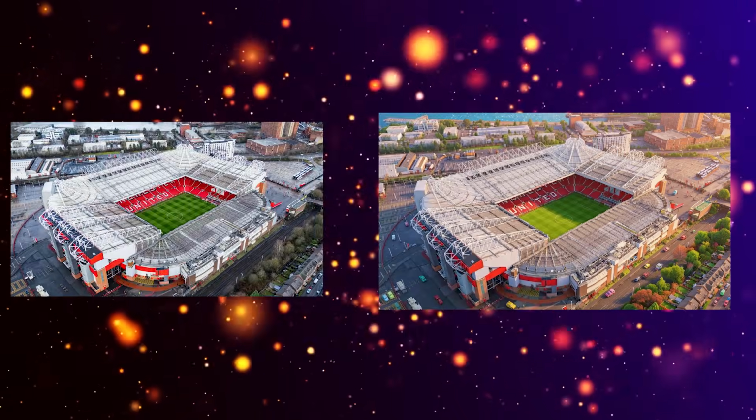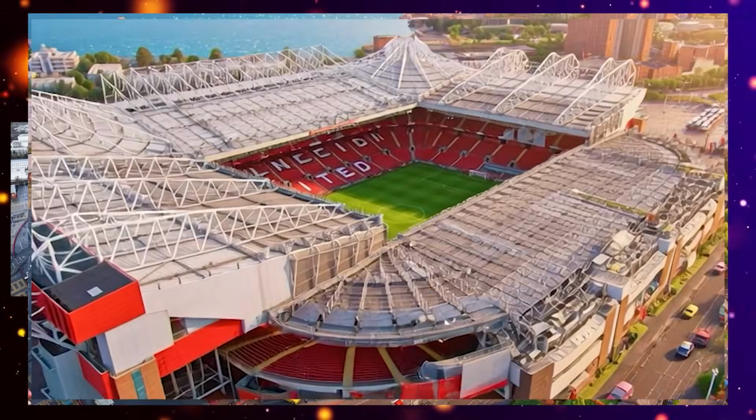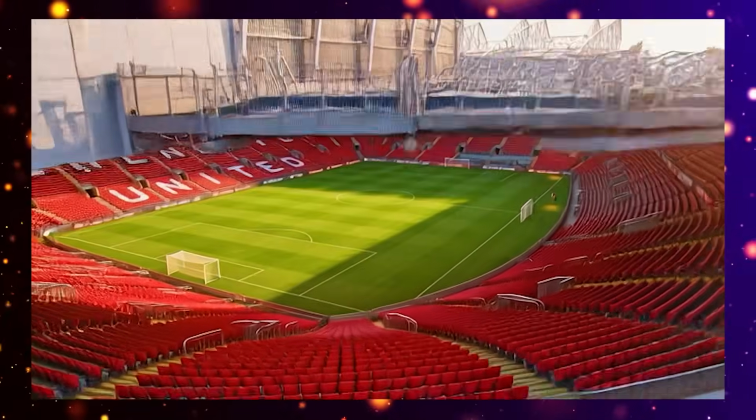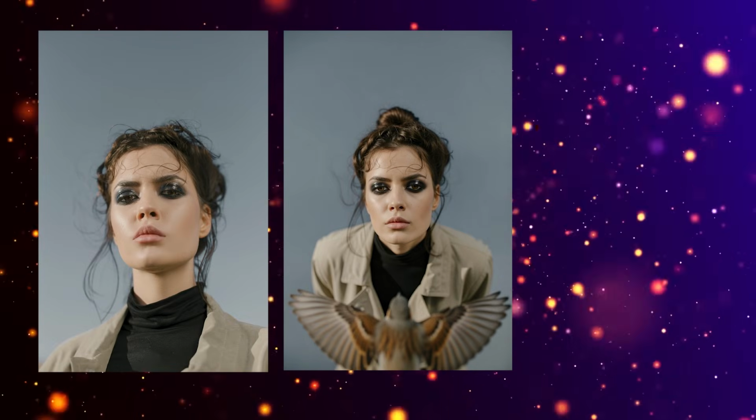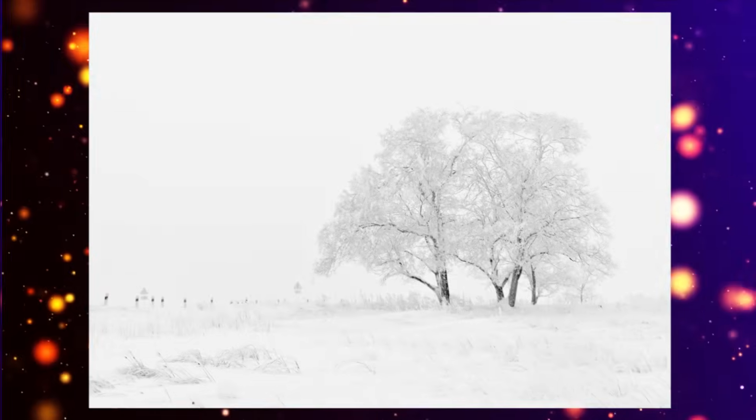Ever wanted to reshape reality exactly how you imagined it? Like turning your favorite stadium into a Disney World or literally bending time in your photos. Today, I'm going to show you the magical power of Grok 4.20, a tool that completely blurs the line between